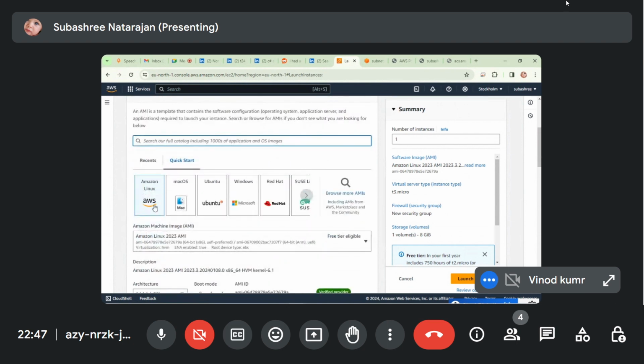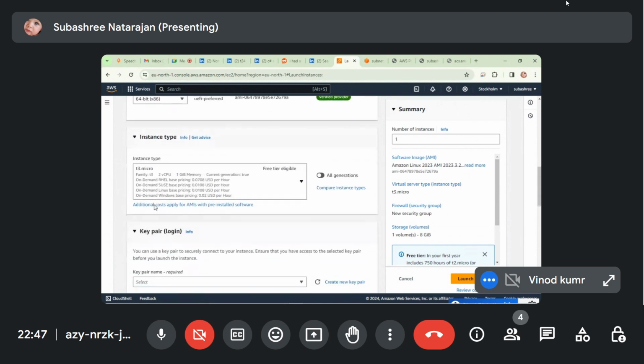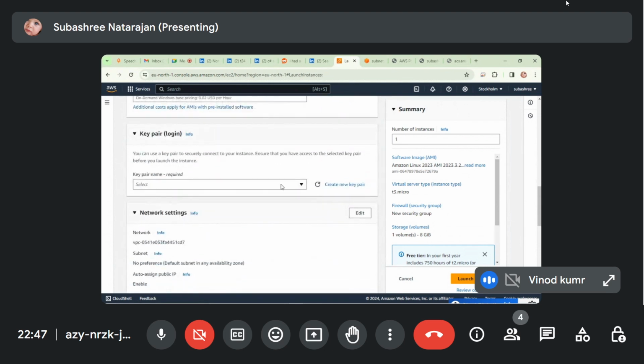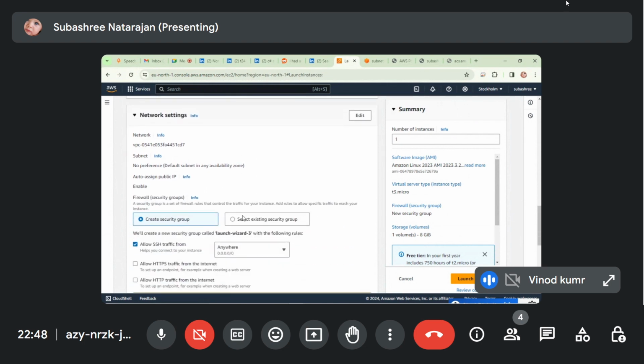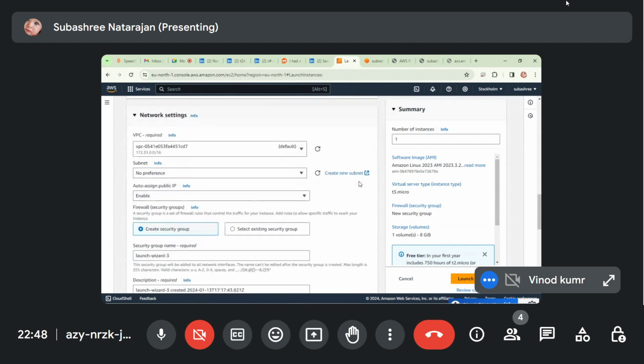Scroll down. Now you have to choose the key. Yes. Now edit. Here we need to edit. We need to choose our VPC. Click and choose our VPC.